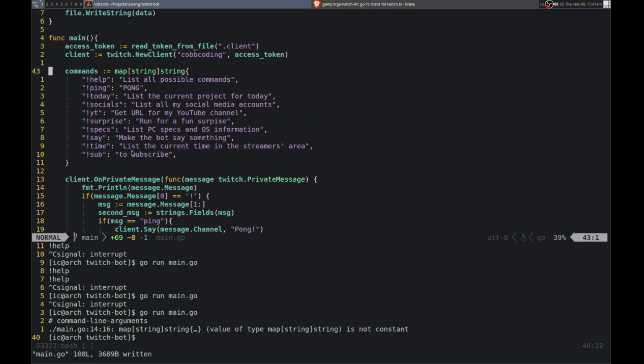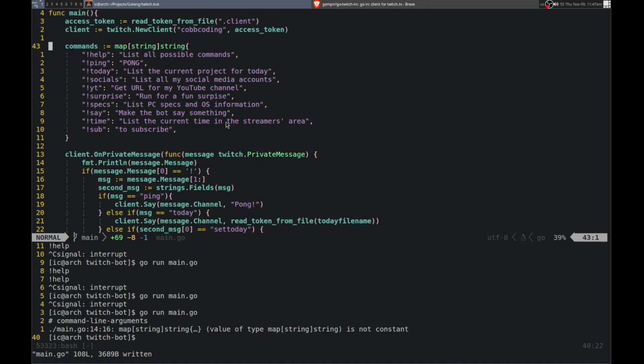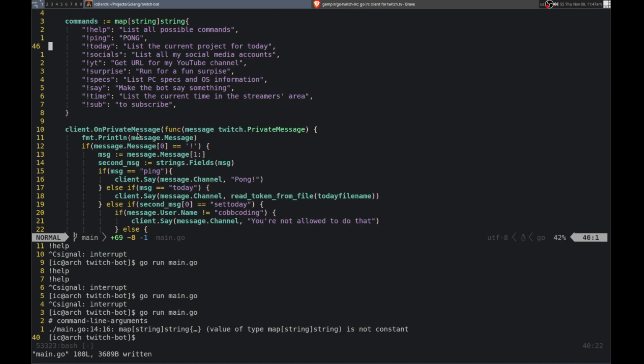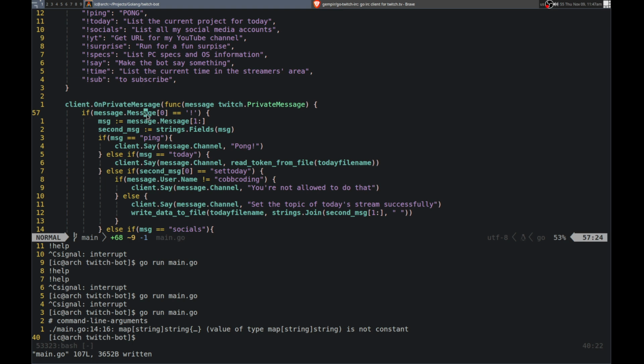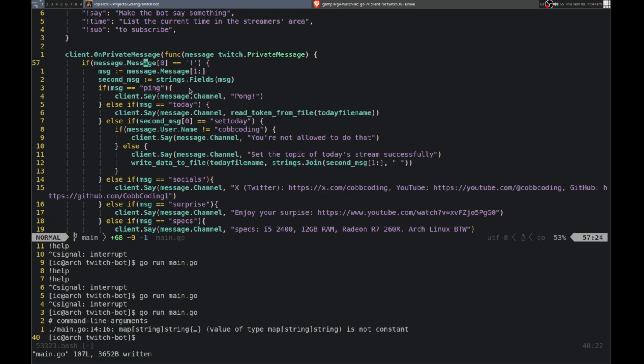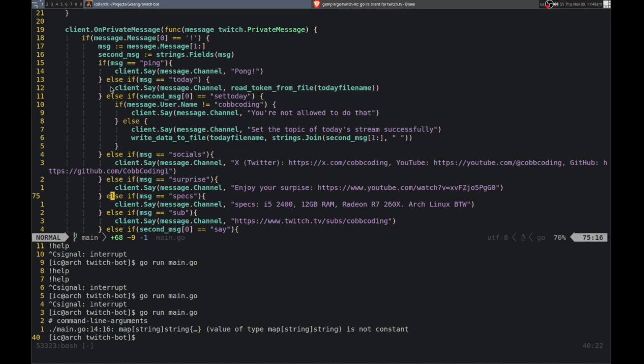Okay. So, yeah, that gets the access token. Do I need it? Yeah, that's probably fine. So print the message, which we don't really need to do. Yeah, we cannot print it. That is fine. And then, if it is a bang, otherwise we don't have to do anything. Yeah, so that's only if it is that. And then this can actually be